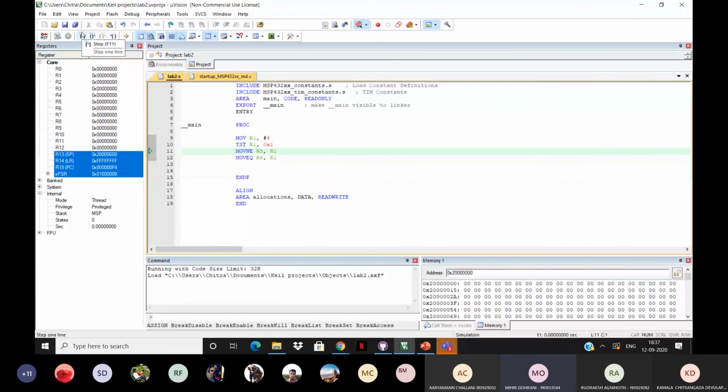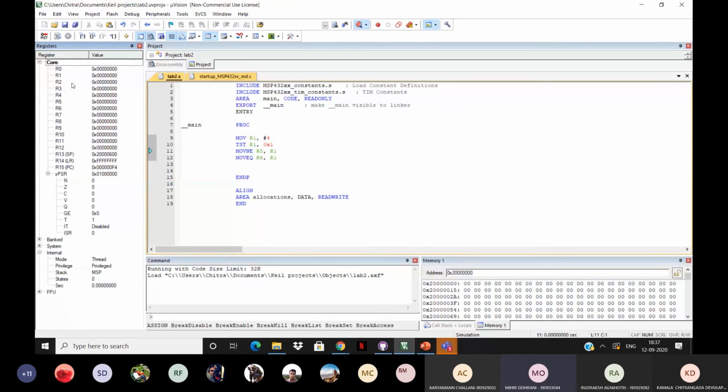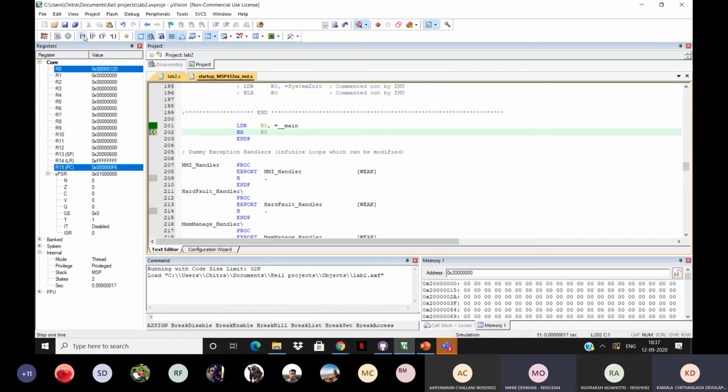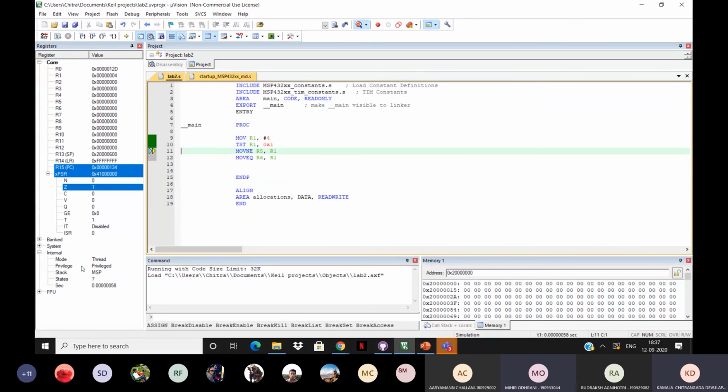If the Z flag is set to 1, which means the AND operation gives you a 0 result, then it's basically an even number, so it moves to register 6. Oh, okay, sorry, EQ is there. You can see the Z flag is up, right? It's 1, because the AND gave you a 0, so your Z flag is up. So that's how you know the number you gave in is an even number, basically.